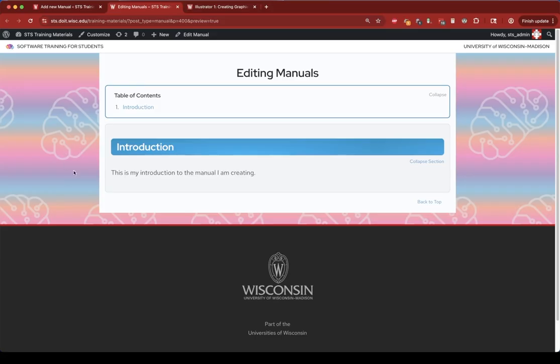All right, so you can see that the section we created with this introduction and the blue title bar and the text underneath it, that appears. And because we used our section, we automatically got the table of contents entry for that in our table of contents at the top of the manual. All right, so going back into the editor,